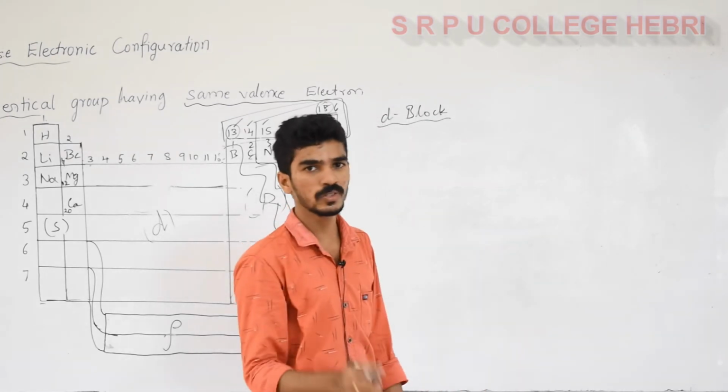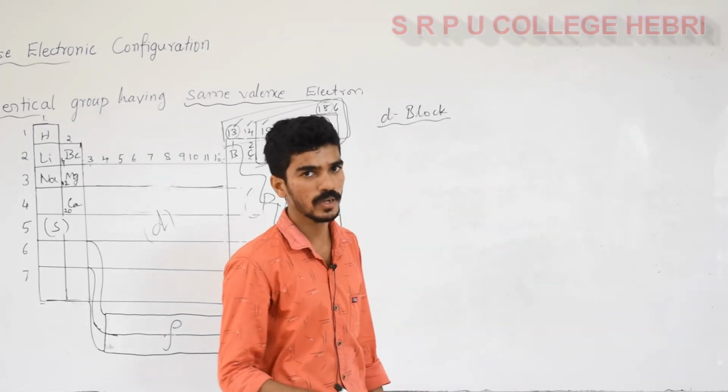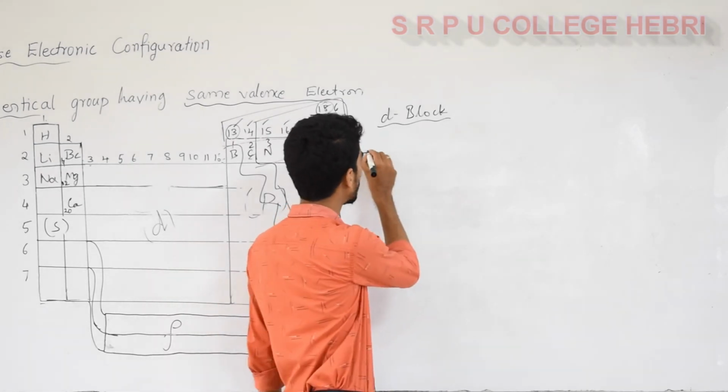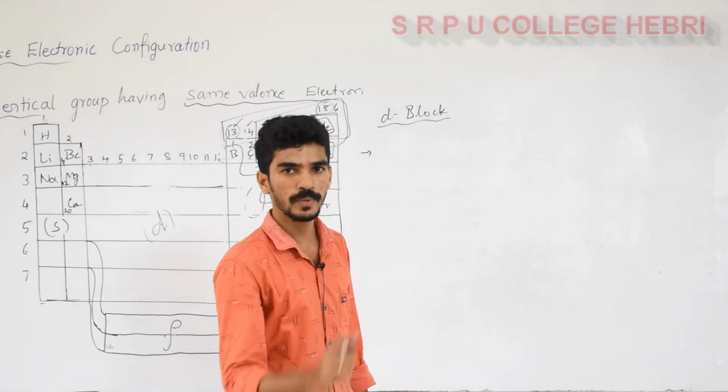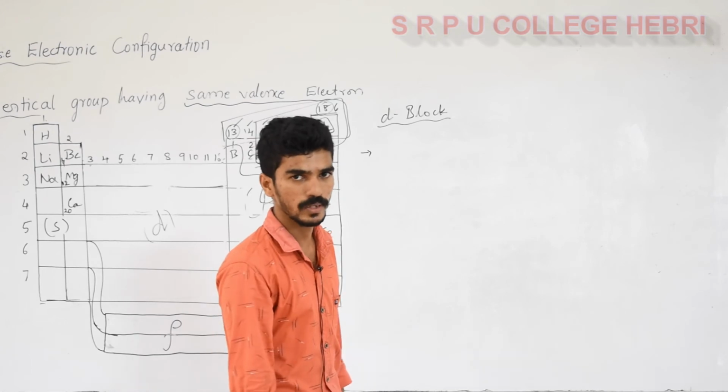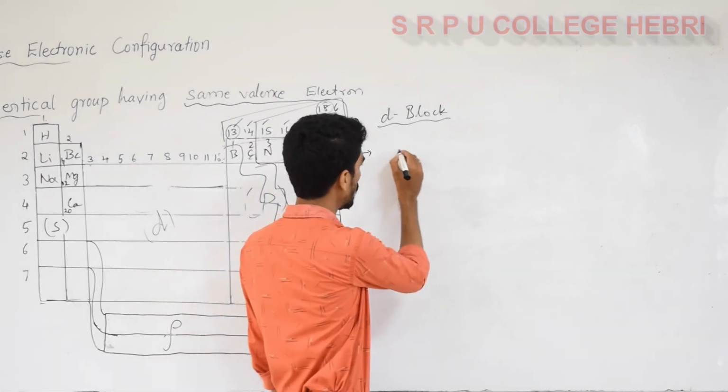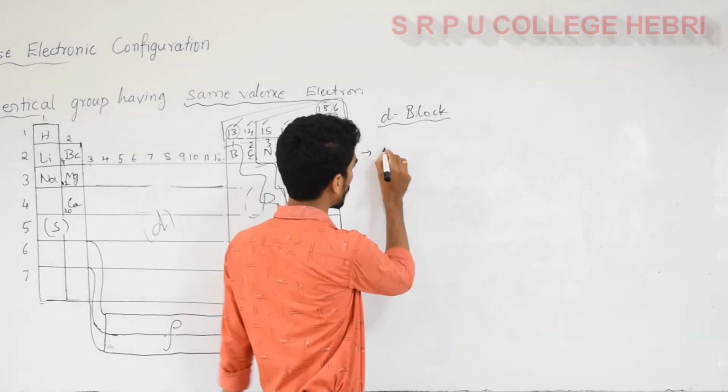And I hope you understood why it comes in the d block. Only the reason is that the outermost electron should end with the d orbital. So this general electronic configuration we can write,